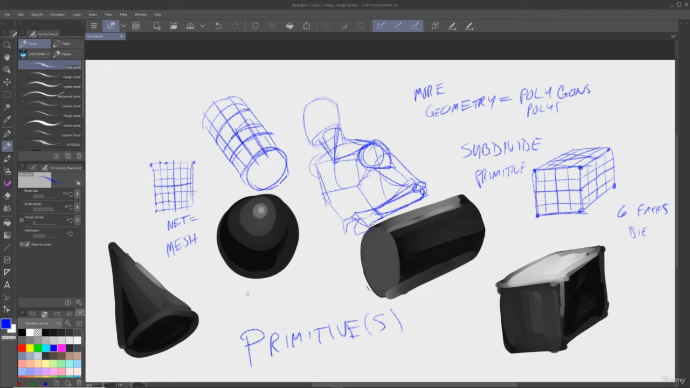These are our primitives. These are our meshes. These are our poly mesh or polygon mesh. Sometimes you will hear them called primitives, right? And these are just the simplest forms. Why did I go through all that? Well,